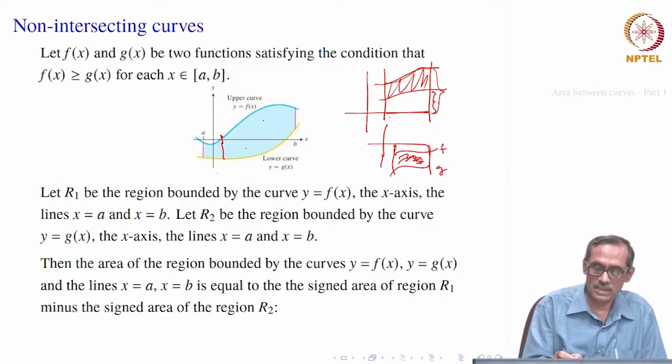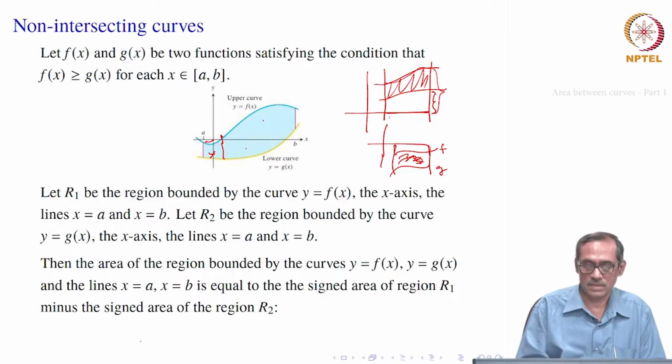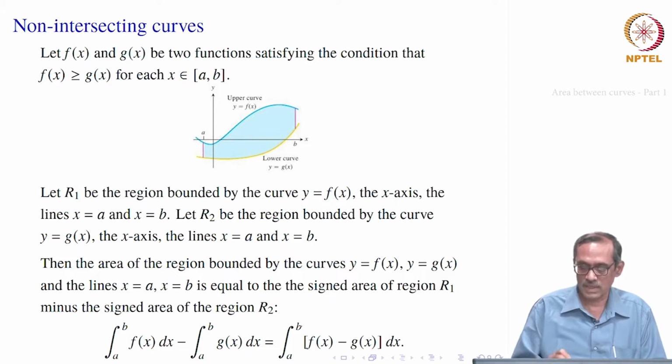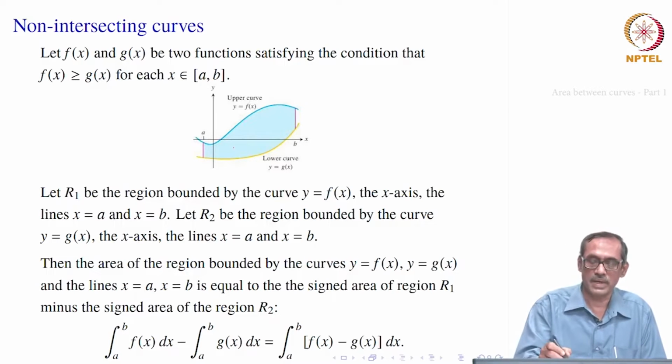And on the other side you have f of x bounded by this one, and minus of this signed area you are taking, again you get back this area. So, they are plus, which is the same thing as f x minus g x. Okay. So, that is how we get integral a to b f of x minus integral a to b g of x, which are these two areas. That would give us integral a to b f x minus g x. That will be the area painted blue here.